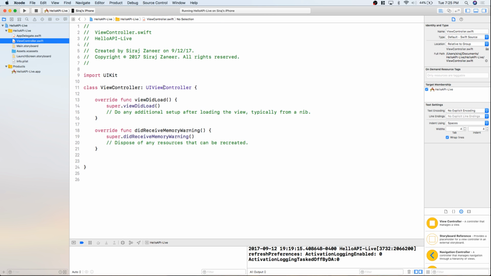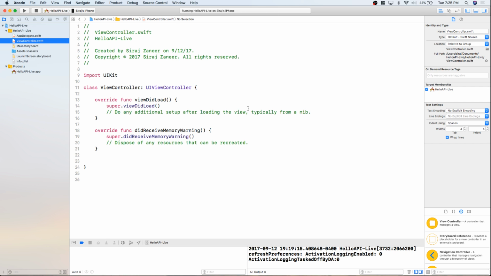You'll notice it's pretty simple. This is called a view controller. Within here is where you define the logic for your application at whatever point in time it's at. So this view controller file will define that first screen that we've opened up on our app right now, right? So to get started,